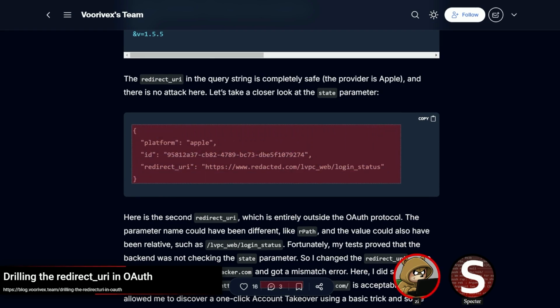I don't want to call it a problem. The main smell is when you see state being overused, putting a lot of information in there. That's the main smell that I'd look for on something like this. I struggle with saying that because it is becoming an increasingly common practice to put a fair chunk of information in state rather than just using it as an anti-CSRF thing, or like a random nonce, basically.